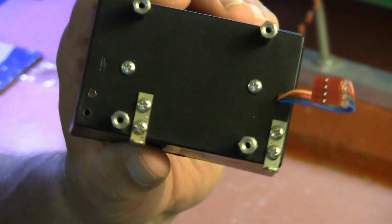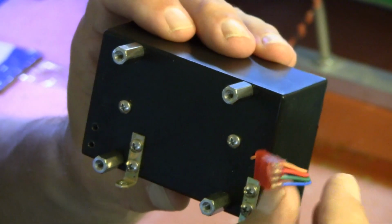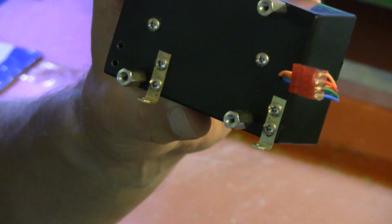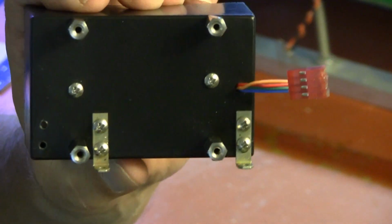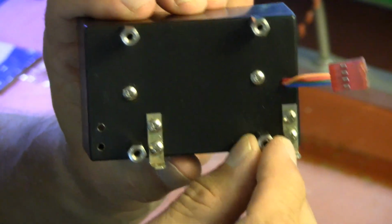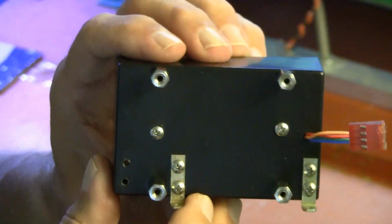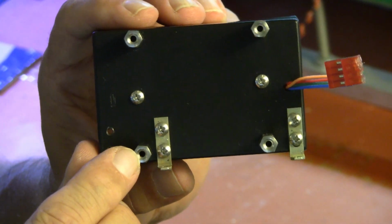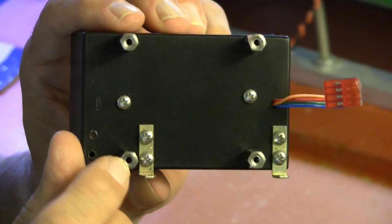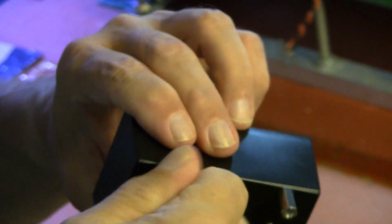On the back side, I've placed some spacers to hold the active circuitry. I brought out the wires and terminated them in a 4-pin Molex connector, which connects to 4 DuPont pins on the driver circuit board. I mounted 2 right angle brackets for bolting this to the televisor, and all of my hardware is American standard gauge stuff. This is a number 4-40, 40 threads to the inch, and for mounting to the box I use